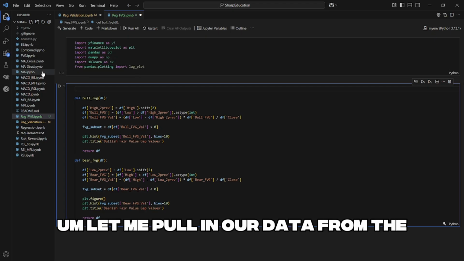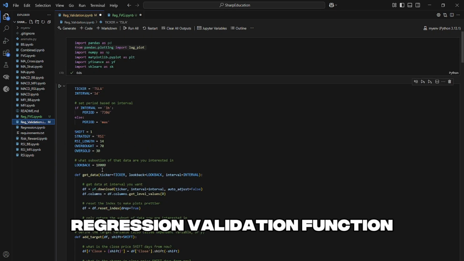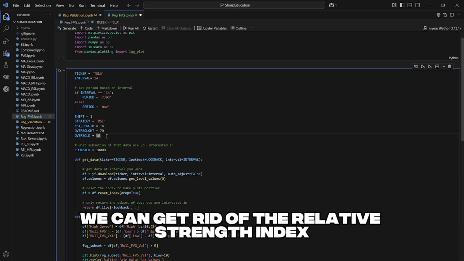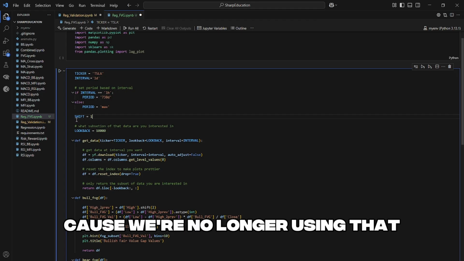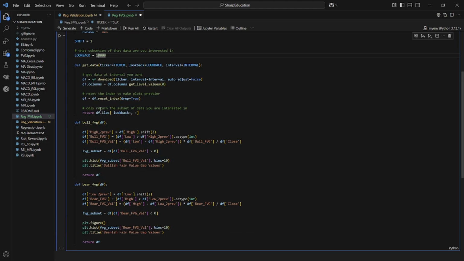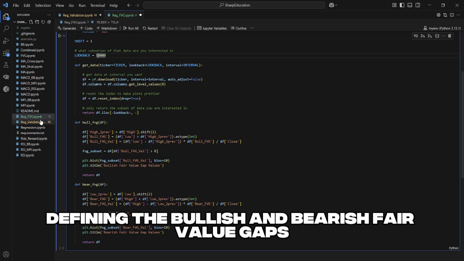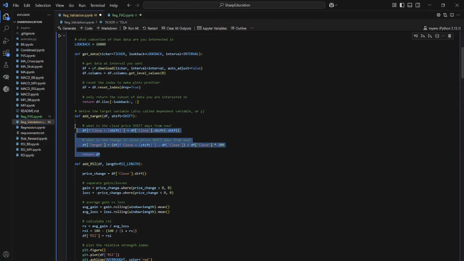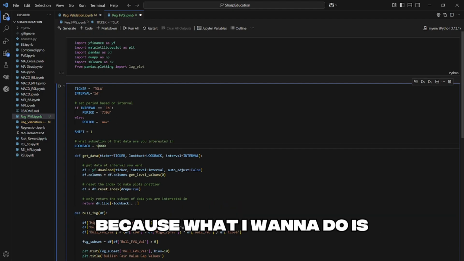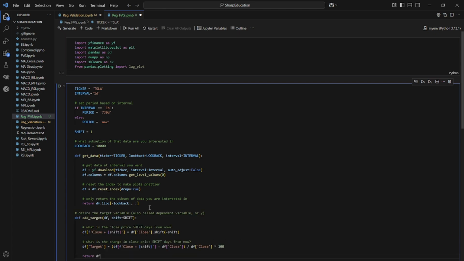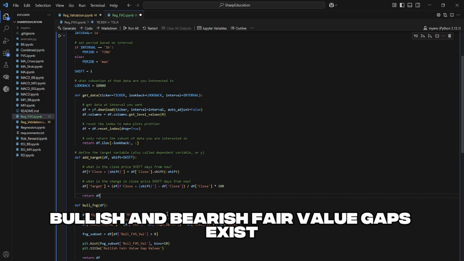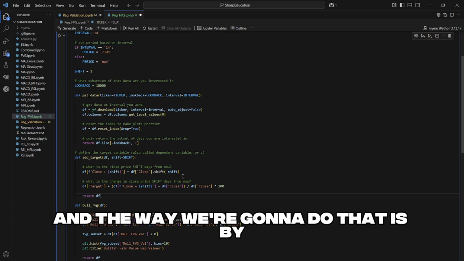Let me pull in our data from the regression validation function, because that's the most reflective of what we will be using here. We can get rid of the relative strength index because we're no longer using that. We just have a 1-day shift and a look back period of 1,000 days. We're defining the bullish and bearish fair value gaps, and we also need to define the target. We're going to define the target before we define the bullish and bearish fair value gaps, because what I want to do is only have our data frame involve rows where these bullish and bearish fair value gaps exist. And the way we're going to do that is by